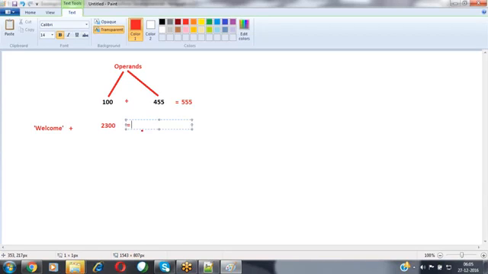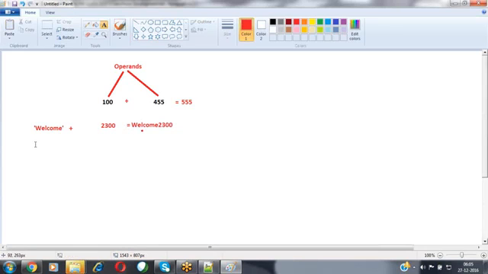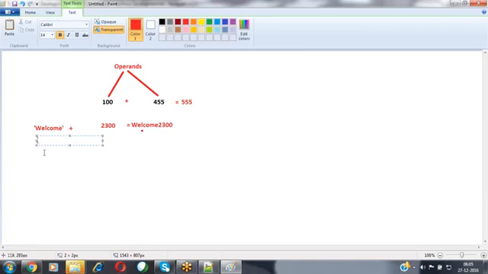If the values are of type string, then it performs concatenation. Observe this: the operator is the same, but depending upon the values we have supplied, the operator's behavior will be completely different. So whenever you place the plus operator between a string variable and a numerical variable, it returns the value welcome 2300, doing the concatenation operation over here.